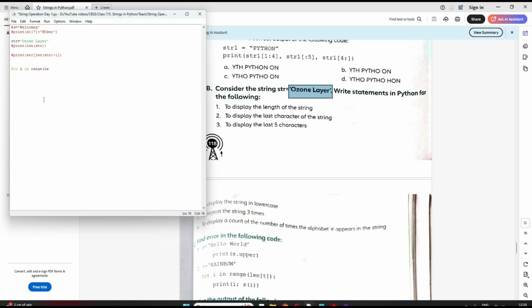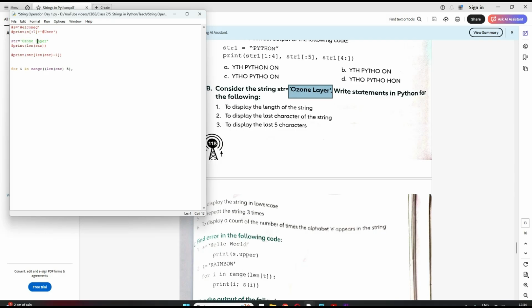Starting position will be length of the string minus 5. Clear? Comma, give this in bracket. So this is my one value. That is a starting point, which will be length of the string, which is your 11, minus 5, which is 6. So 0, 1, 2, 3, 4, 5, 6.